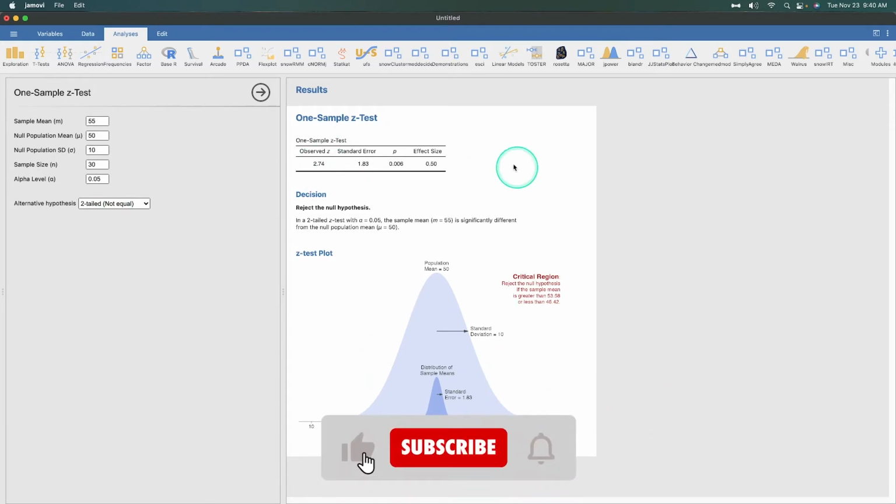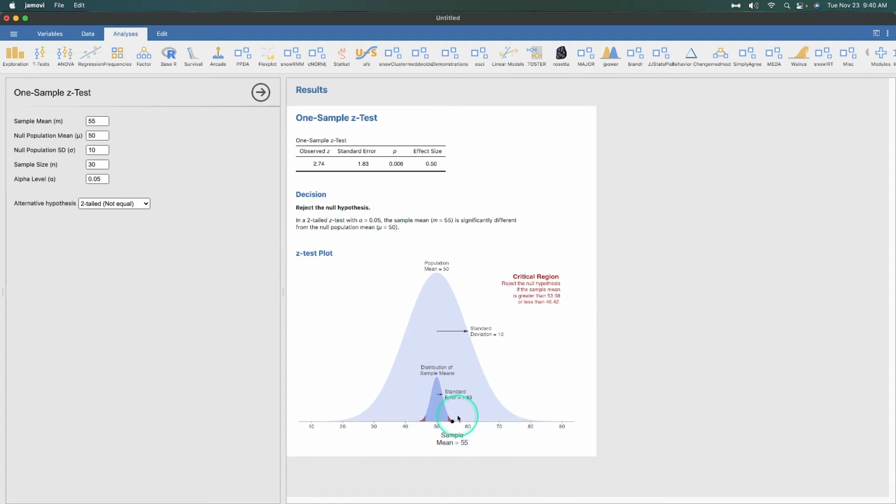Okay, so it'll do the one sample Z-test for us, and then it will tell us the decision, and then it will plot this. So it will show us the critical region down here, in this mean sample of 55, and then over and above the population here, right? So we set the population mean, we set the population standard deviation, and then we have a sample. And the critical region will tell us if we need to reject the null hypothesis. So it'll tell us to reject if it's greater than 53.58 or less than 46.42,